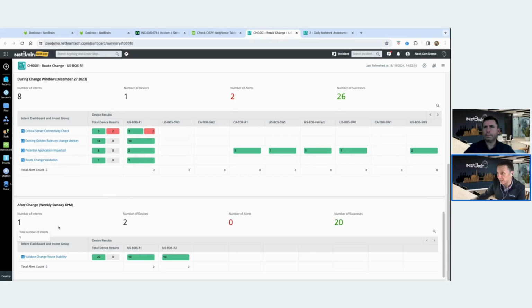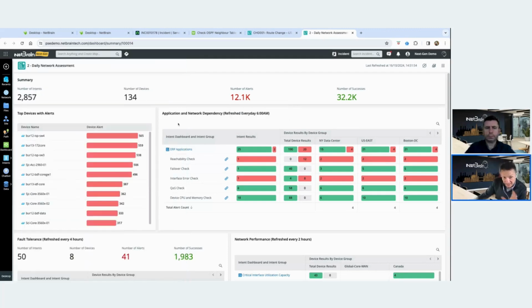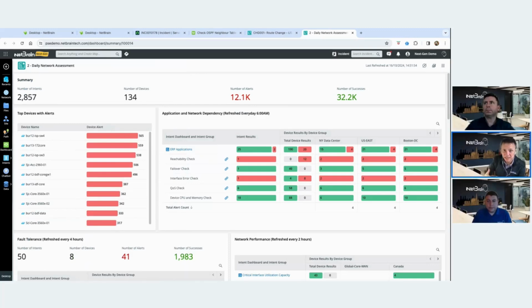So that's the change dashboard. And then finally, and this is magic, I love this bit. Let me just close that. The final thing is network assessment. So everything I've spoken about, well, mostly, has been about maps. What about your entire network? How can you be confident that your entire network is operating as expected? So Netbrain can verify that, and it can run that on a